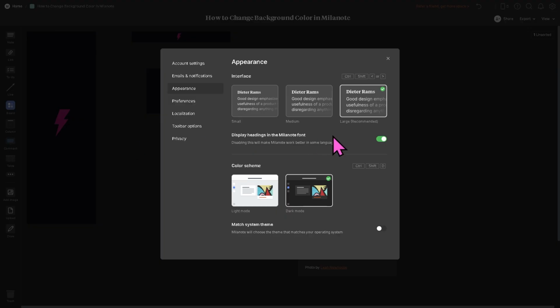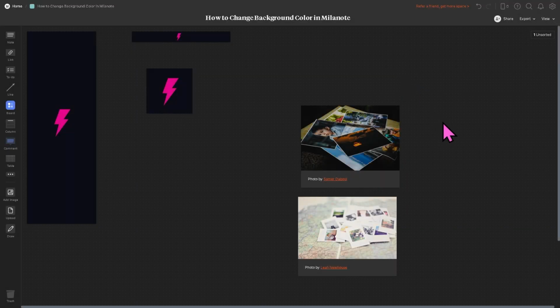Okay, so remember to always choose a high contrast color so your text, notes, and images stay easy to read, especially if your board has a lot of content. And basically, that's it for today's video on how to change background color